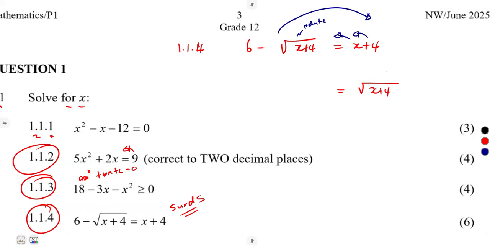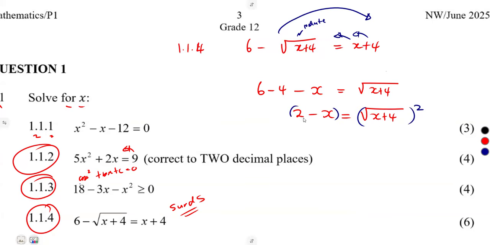So meaning to say, we are going to have 6 already on the left-hand side. The 4 to the other side is going to be a negative. X to the other side is going to be a negative. So this is what we have, and these are like terms, so you can easily subtract. 6 minus 4, that's 2. So 2 minus x is equal to the square root of x plus 4. As we have isolated our surd, we can get rid of the square root by